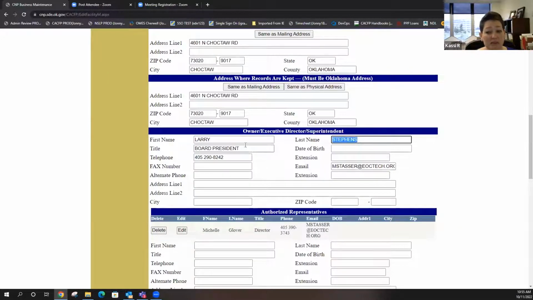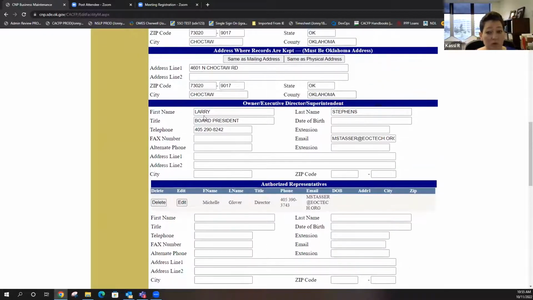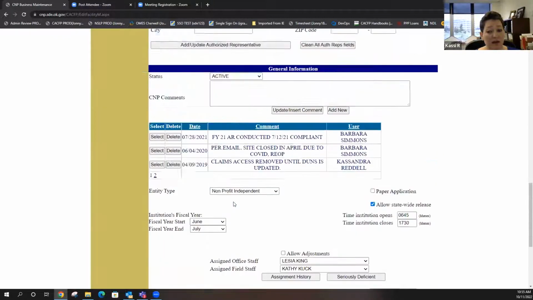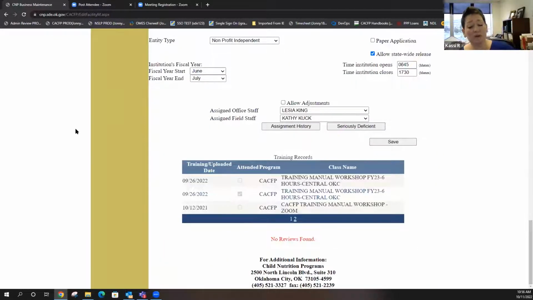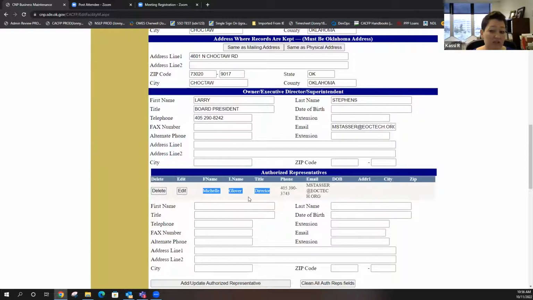Because we wouldn't necessarily expect the board president to come, but we would expect the director to come. And this would be an exception to that rule, because a board president, they have the ability to hire and fire. They know you have a program. They can help us take care of what needs to be taken care of if you were ever in trouble. But yeah, really, last year what we did was, if someone needed training that should have, we still approved your application, but only for a couple of months. So I really do think your director, she should also come.